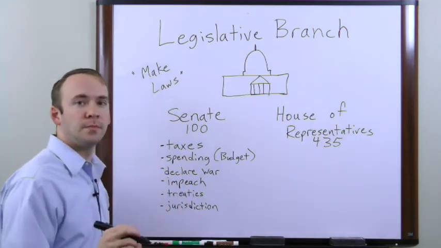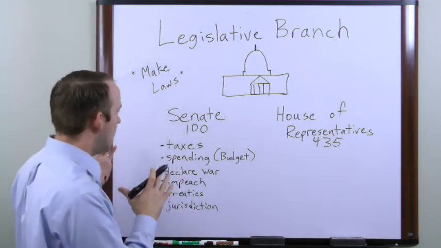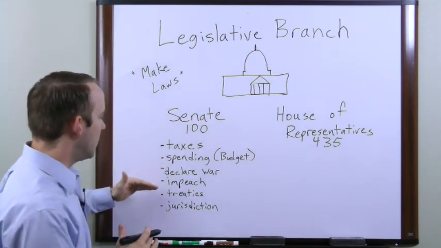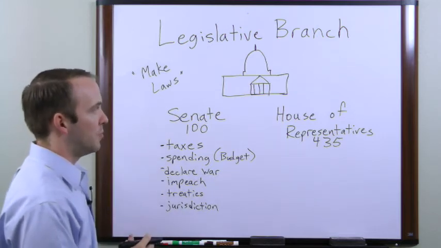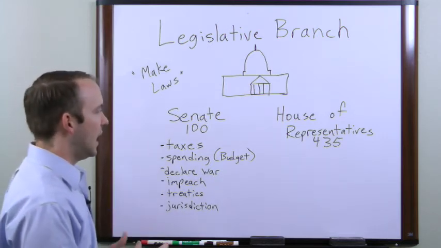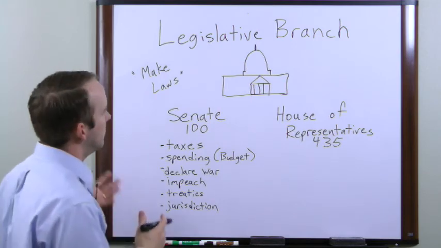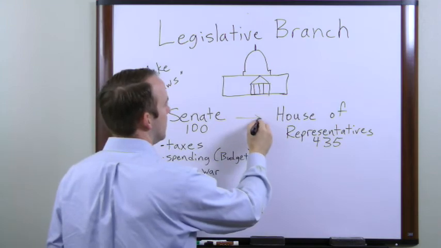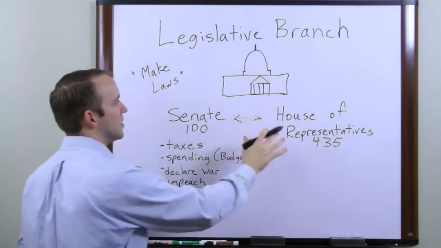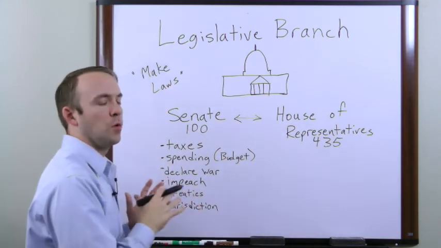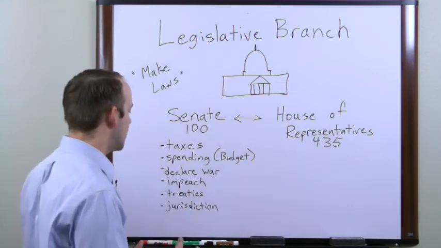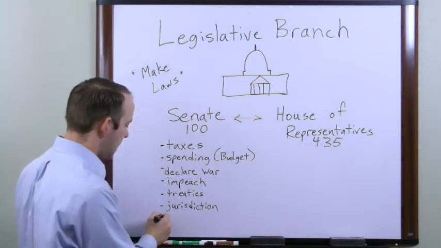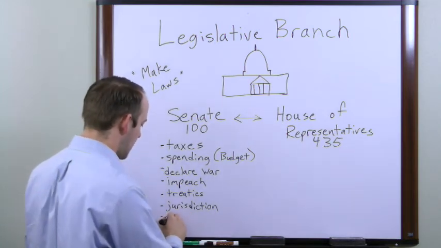Any others? As you can see, the primary focus is to make laws, but there are a lot of other very important things that the legislative branch is responsible for. And sometimes when you think that, a lot of stuff, there's conflict and gridlock, it's because you have these two houses, the House of Representatives and the Senate. And something has to go through both houses to be able to become legislation, for a treaty to come in effect. And another thing is to confirm appointments.